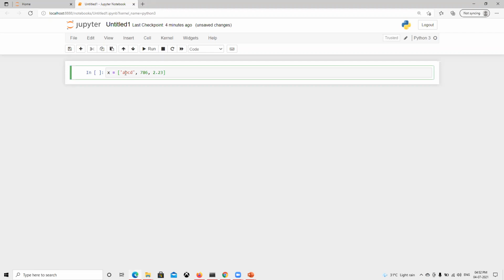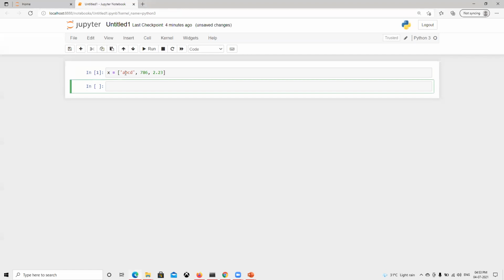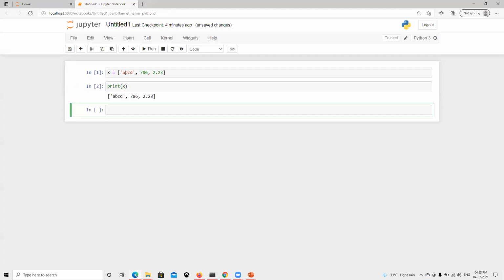If we execute this cell, it executes successfully. Now if I print x, we can see it printed all those values. As we saw, a list is versatile and can store any value.